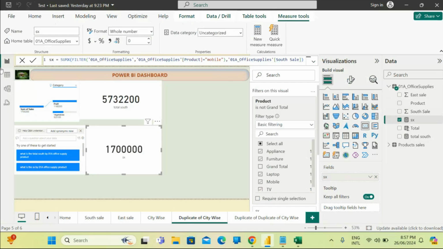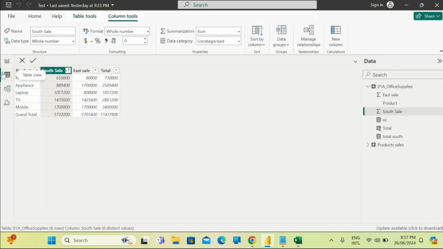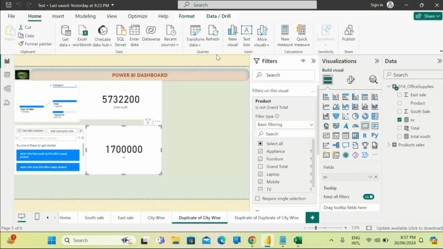So you can go and check. So here we don't have multiple products, only single products are there. So in mobile, what is the sale count? It is filtered only mobile and it will provide the result. Even if you have multiple line items, it will add only mobile values and then it will provide the